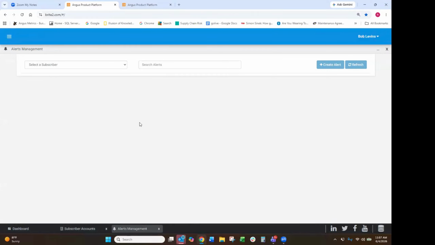Okay, now a lot of you may have gremlins from Angus monitoring systems. You'll already have some alerts. You're getting emails now, emails sent to you every day from your gremlins, your tank monitors. So when you create an alert, they create